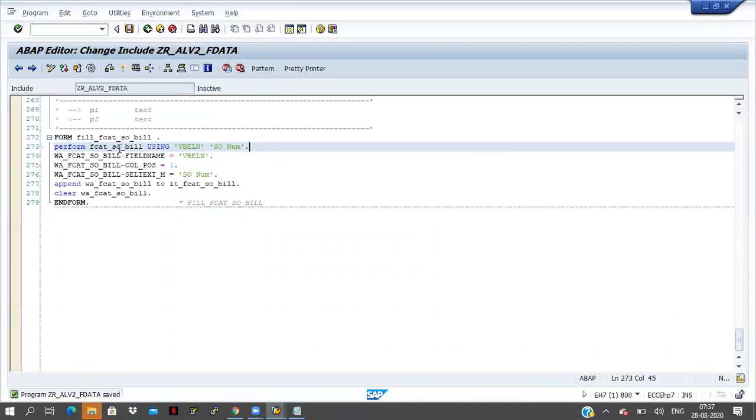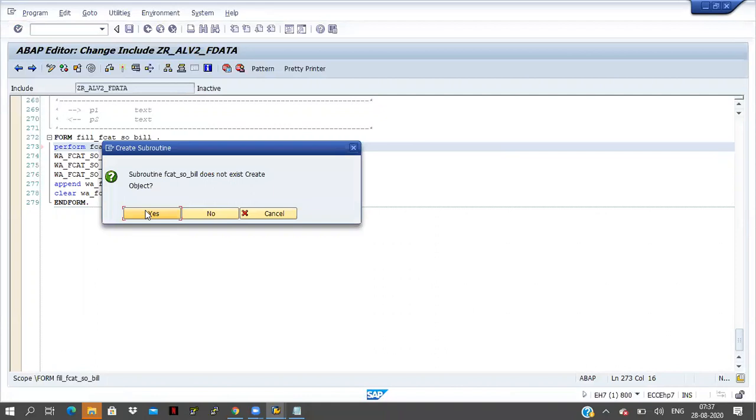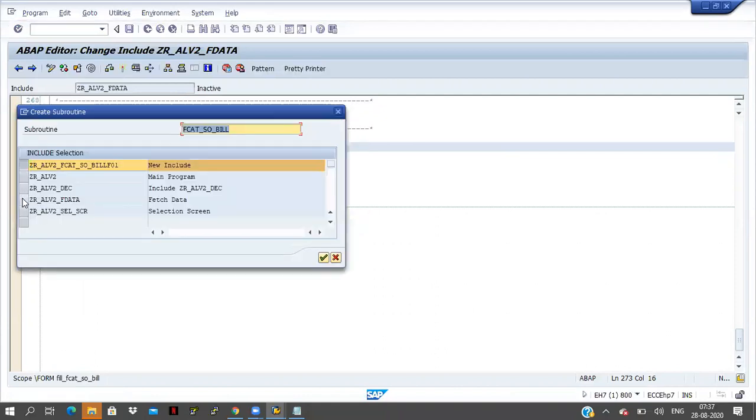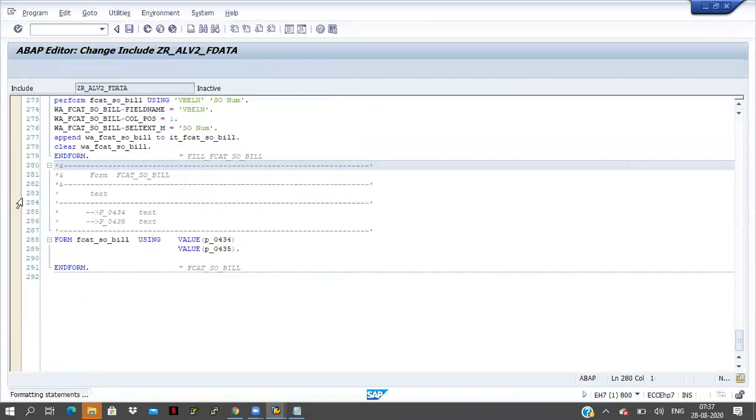Double click on this one, click on S button, fetch data. So in the debugging you can get to know how I am writing the code.